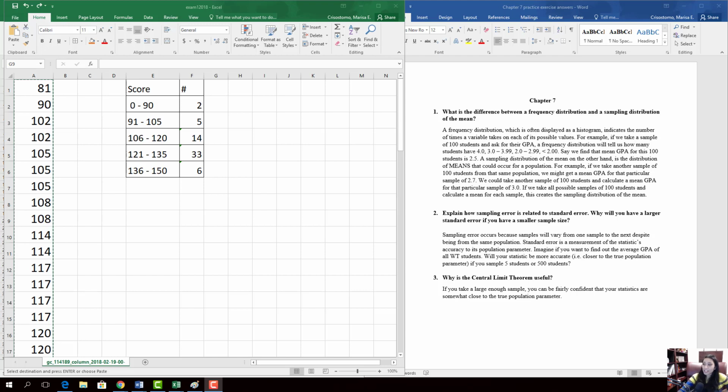This is a review of the answers for the Chapter 7 practice exercise. So the first question we have here is, what is the difference between a frequency distribution and a sampling distribution